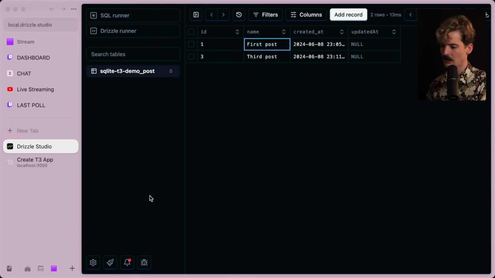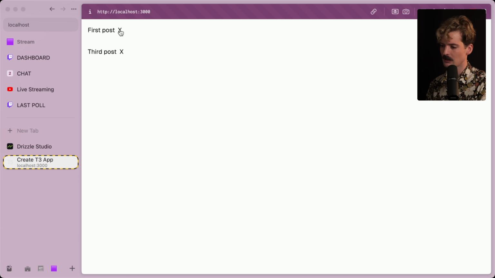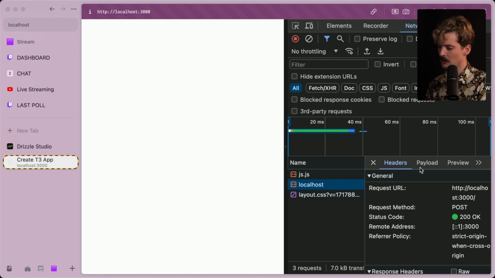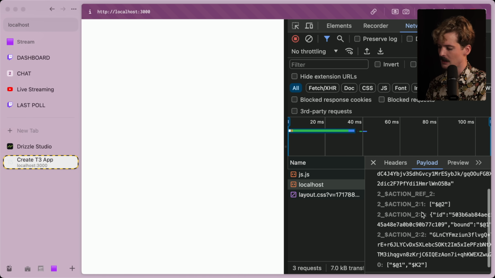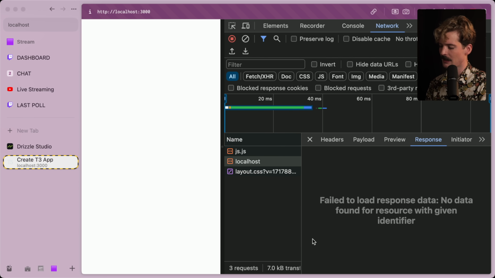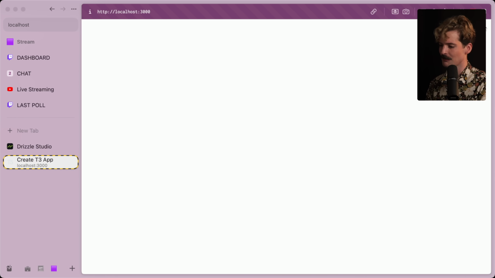So by putting this here, now when I go to the page and I click delete, it sends the updated page as the response to that post. If you go to the network tab again, you'll see when I delete, it only sends this one post request. And the payload is what it needs to change in the response on the page. No data found with yada yada. Cool. It's not actually showing me the stuff because this is annoying, but it sends you the update that you need to actually update the page. So you don't have to make a second request just to get the updated content.